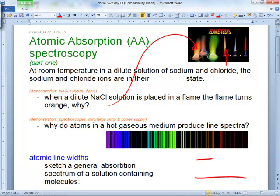You're going to produce very narrow lines. Okay? So it's simpler. It's less complicated than a molecule. You can't have so much going on. The energy can't be dispersed in so many different modes and all that kind of stuff. Okay? And the whole idea of it being gaseous, well, it has to be a gas, because if it's not